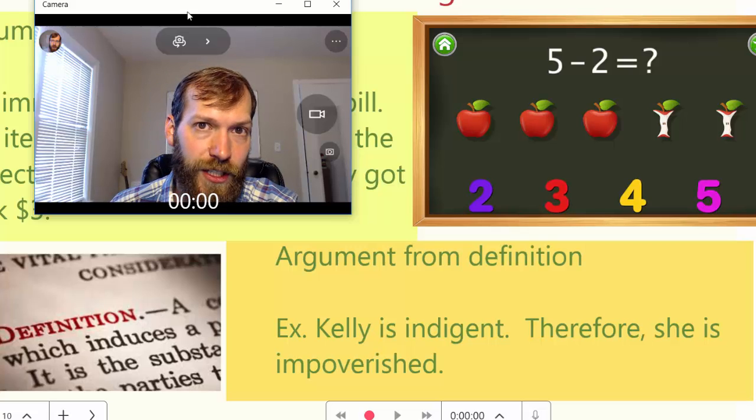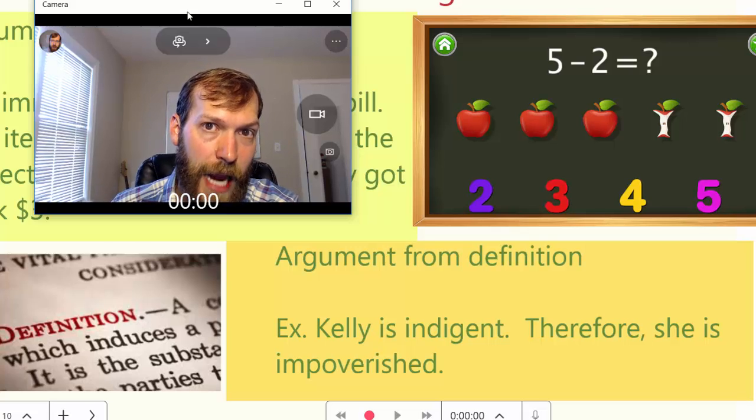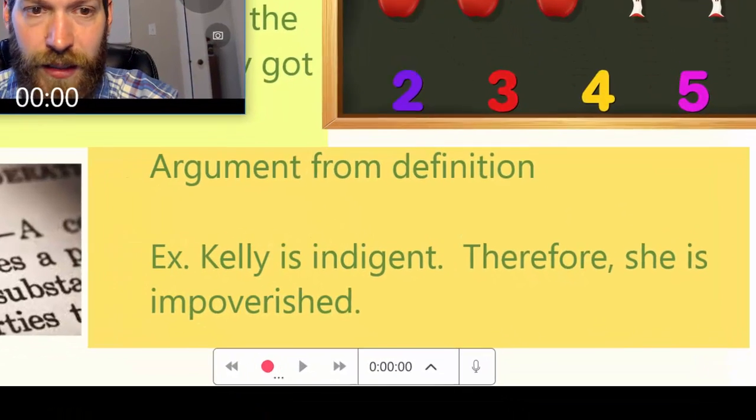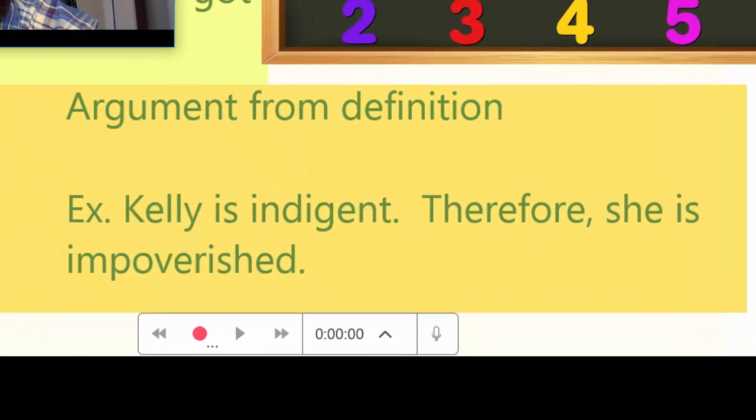Therefore, you just say that description aptly applies to this person or thing as well. So in the example that I have here, Kelly is indigent. Now I left out the definition of indigent, but actually we can